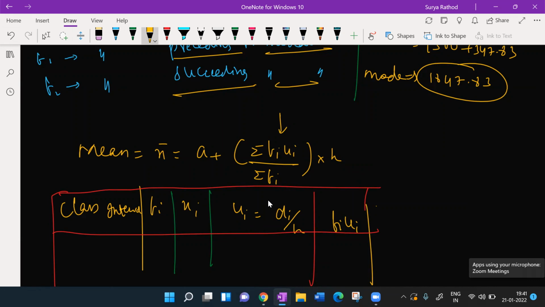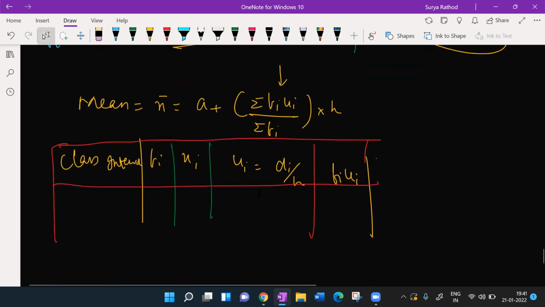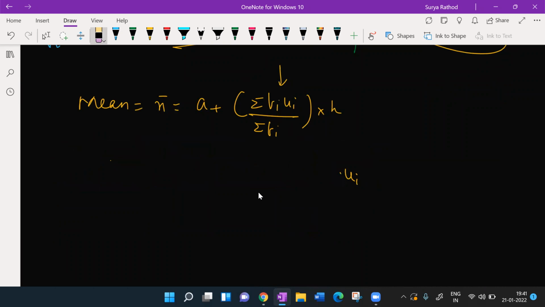What is di here? हाँ मुझे तो di तो पता है नहीं. Di is xi minus a. What is a value? First of all, you find out a value. By using step deviation, you don't know that method, right? Yes, guys, you find out the mean, whatever the method you know. We'll check it out in the next class. No problem. You said that you don't have the step deviation method, right? So by using the method whichever you know, find out the mean. Okay? You told something, right? Which method is that?